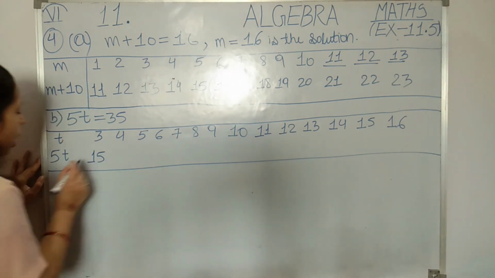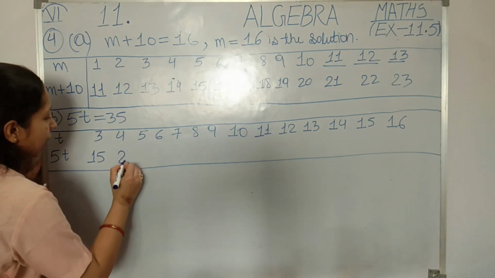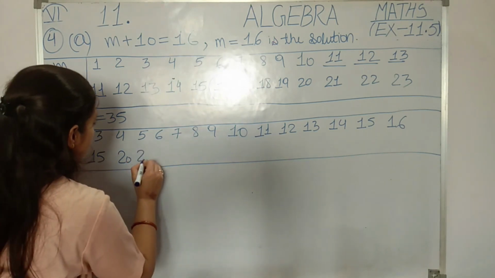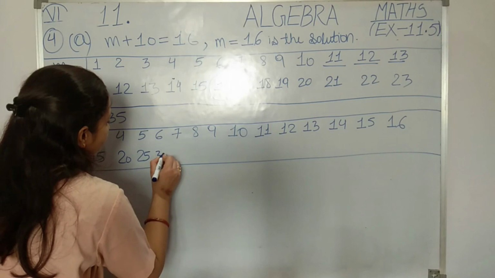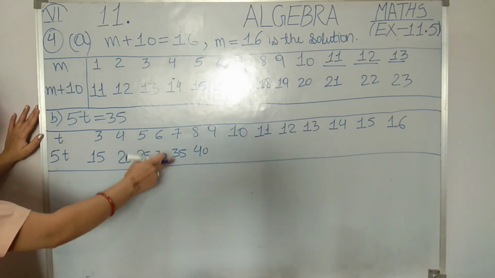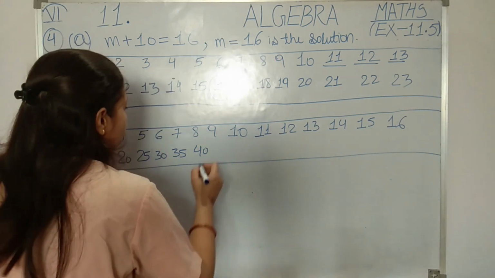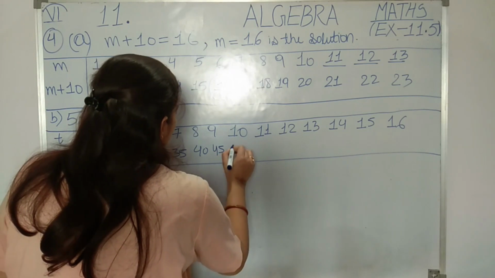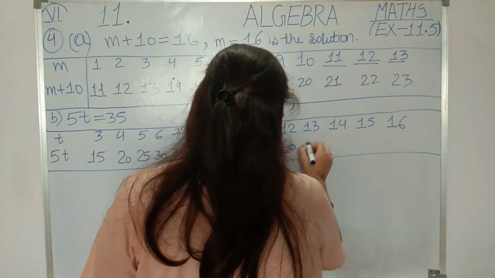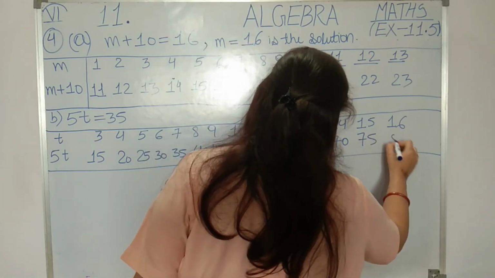Okay students. Now in place of t we are going to keep 4. So 5 4s are 20. Then in the place of t I will keep 5. So 5 5s are 25, means the sequence of 5 will go: 25, 30, 35, 40. See, here only we got 35. On putting the value of t as 7 we will get 35. But anyhow we have to show for other values also: 45, 50, 55, 60, 65, 70, 75 and the last one is 80.